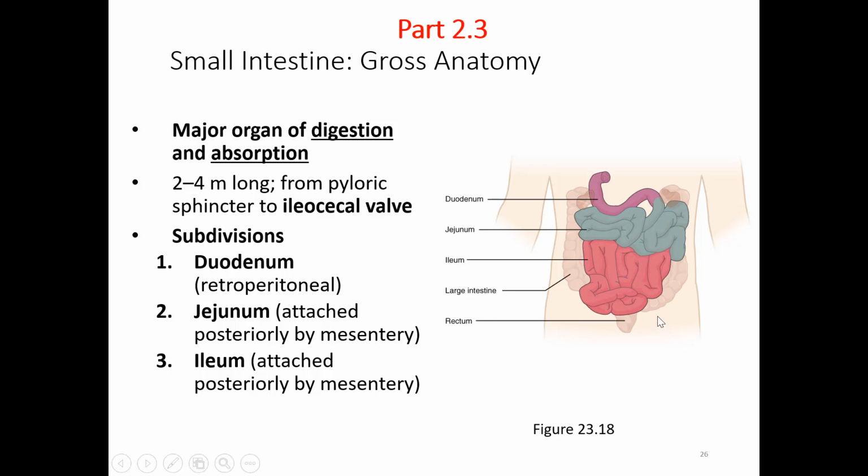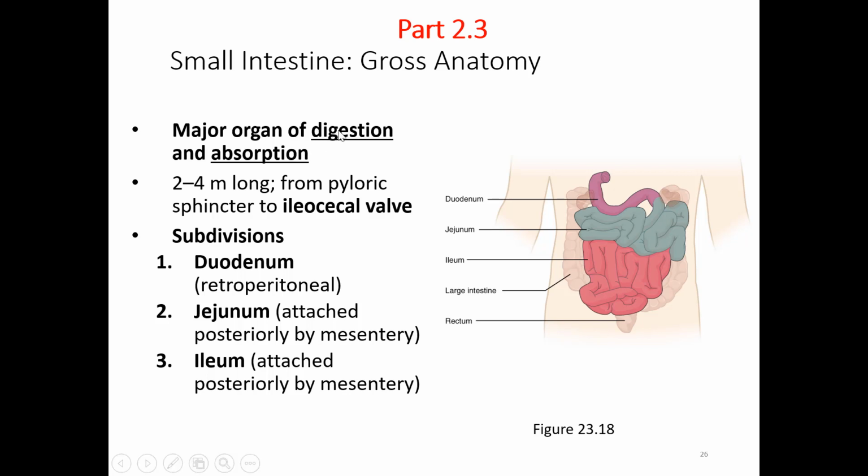Now we are going to the small intestine. The small intestine right here is a major organ of digestion and absorption. Remember, digestion of carbs starts in the mouth, but it doesn't end there. Digestion of proteins starts and is almost complete in the stomach, but not completed. It's not completed